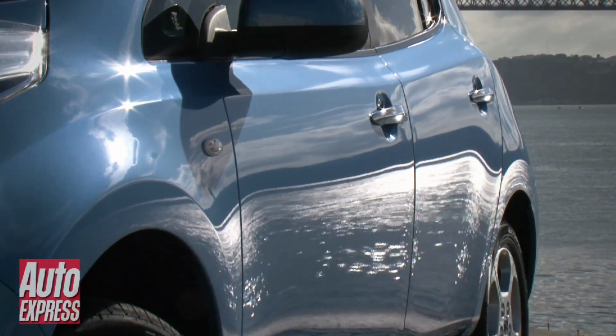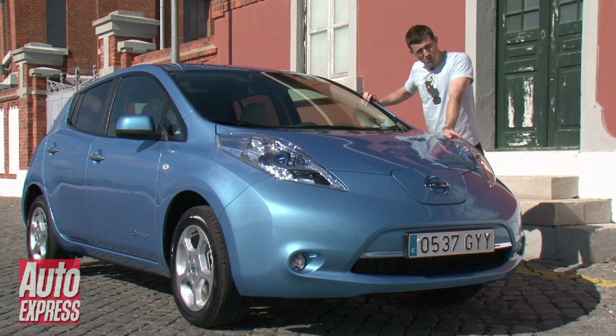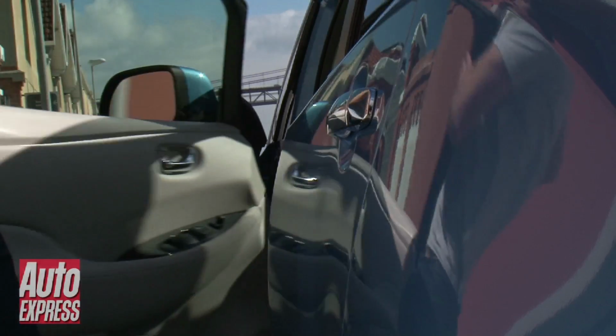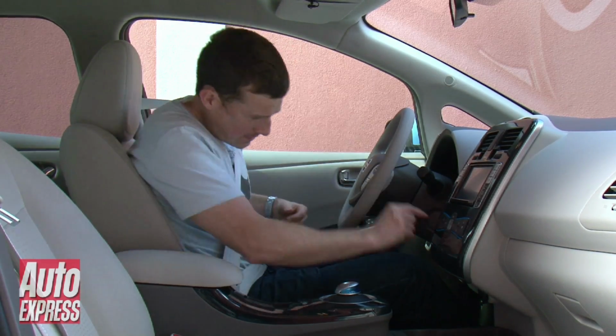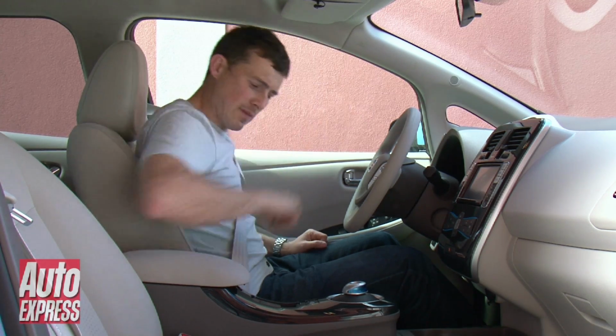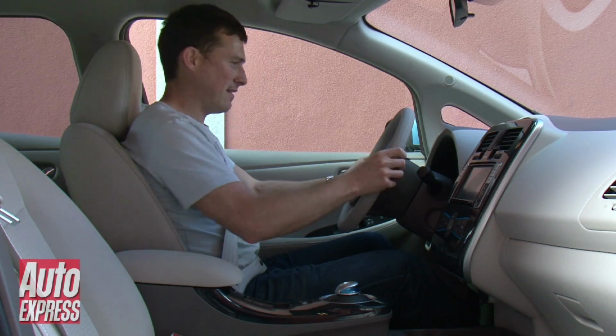But is it? Now, I don't want to get ahead of myself here, but this test drive could be a pivotal moment in automotive history. To turn the Leaf on, you press the starter button. That noise signifies it's ready to go. Then, it's just a case of putting the computer mouse gear selector into drive, releasing the electronic parking brake, and